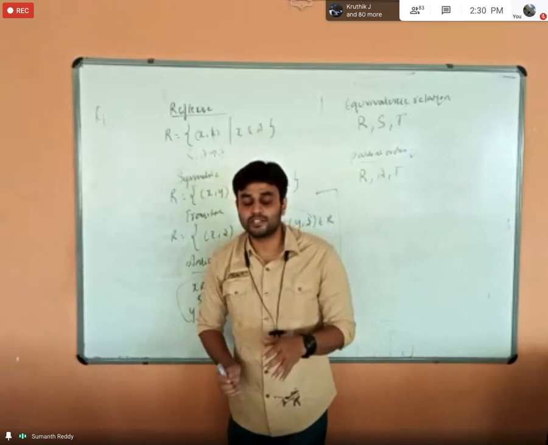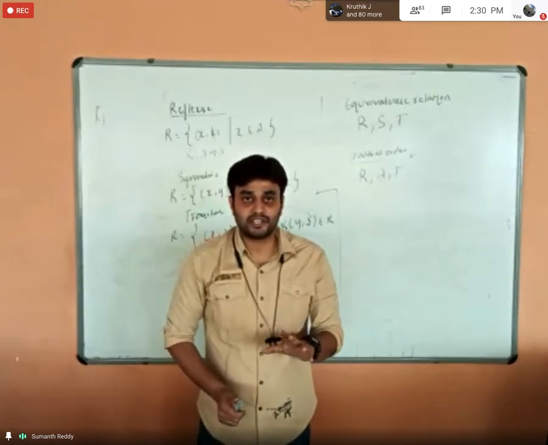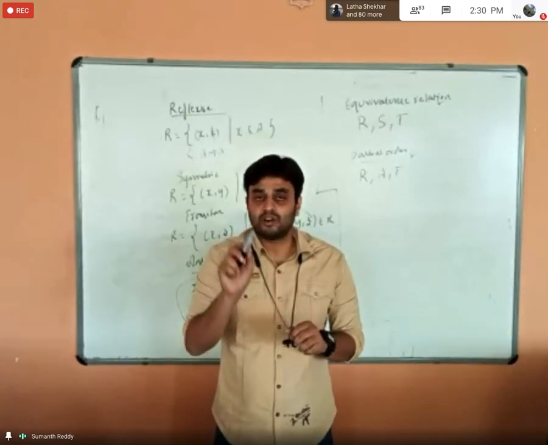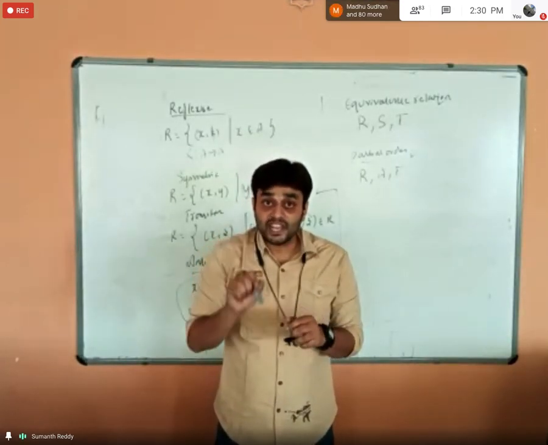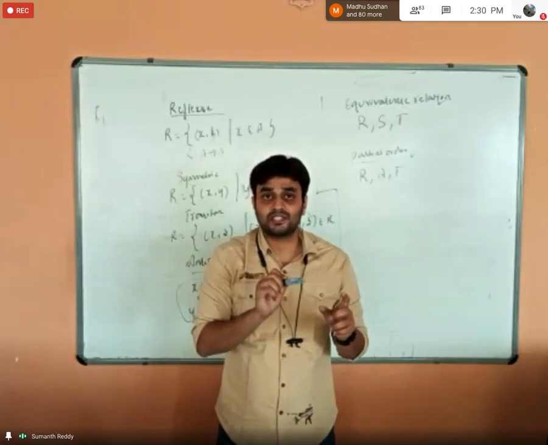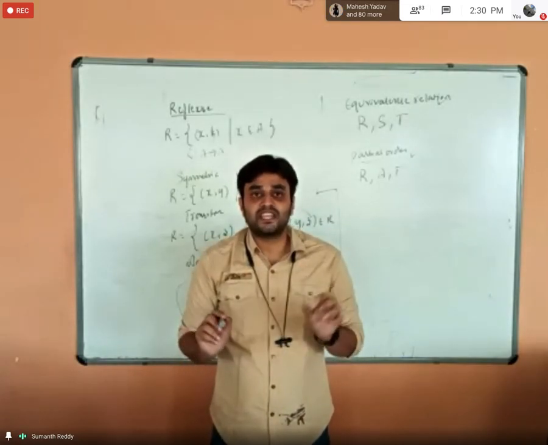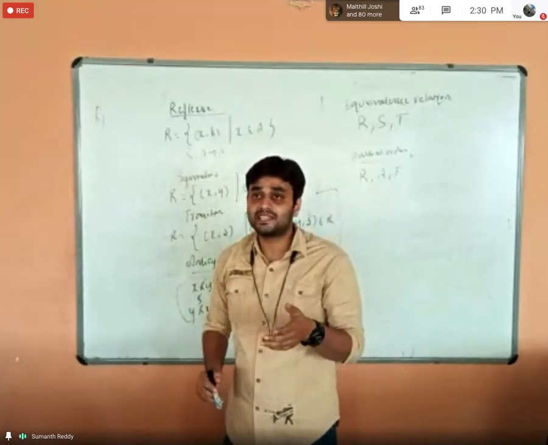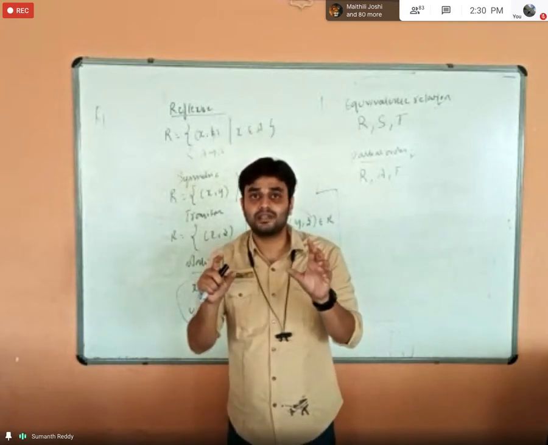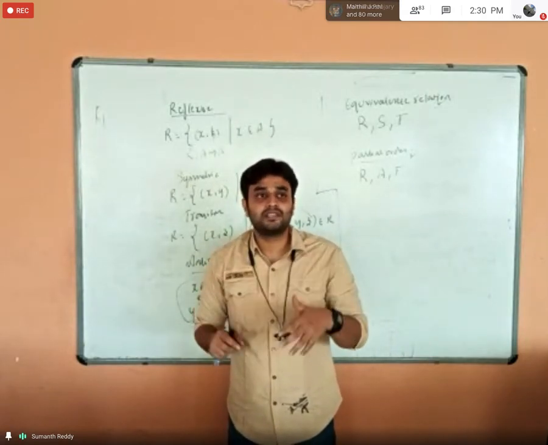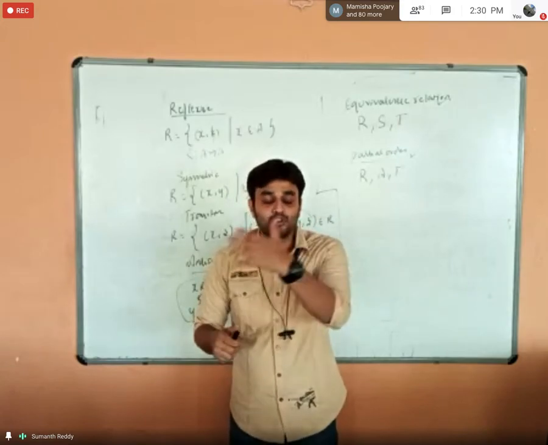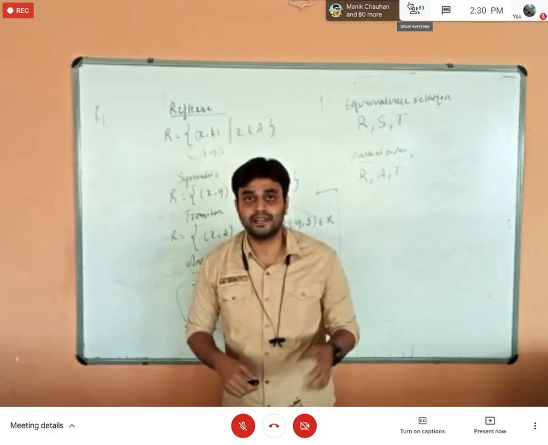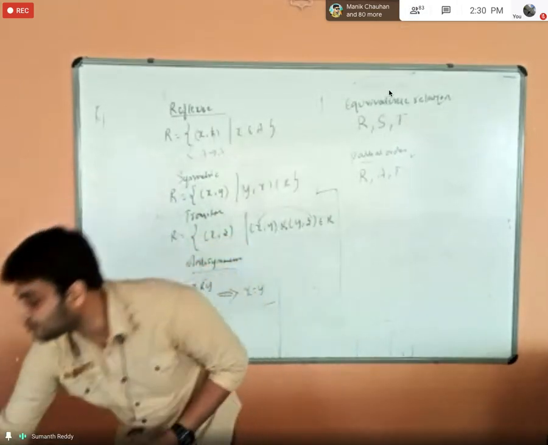I think it's a bit confusing. Don't worry, I'll solve the problem and you will understand better, but I'll just repeat it once. If all the elements are related to itself, it is called reflexive. If at least one element is related to itself, then it is called not reflexive. If none of the elements are related to itself, it is called irreflexive. You have to remember this, because in the exam they might give you one set and the ordered pairs, give a few example relations, and ask which relations are reflexive, which are irreflexive, like that. So for that you have to remember.